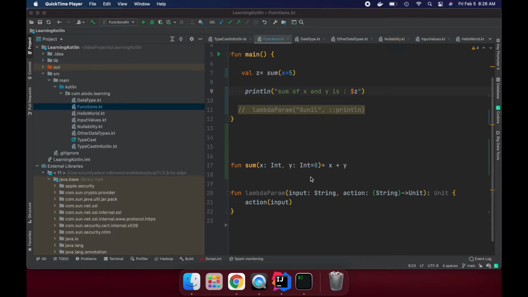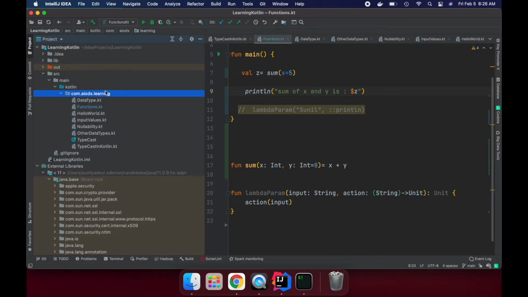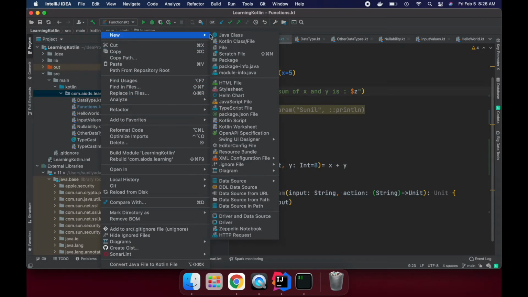If you have used Java, Java also supports classes, as an object oriented programming language. Similarly, Kotlin also supports all the OOPS object oriented programming paradigms, like encapsulation, inheritance, abstraction. Everything we can do in Kotlin as well, the way we do in Java. So let's see how we can create a class, how we can define variables, and how we can define methods inside a class.